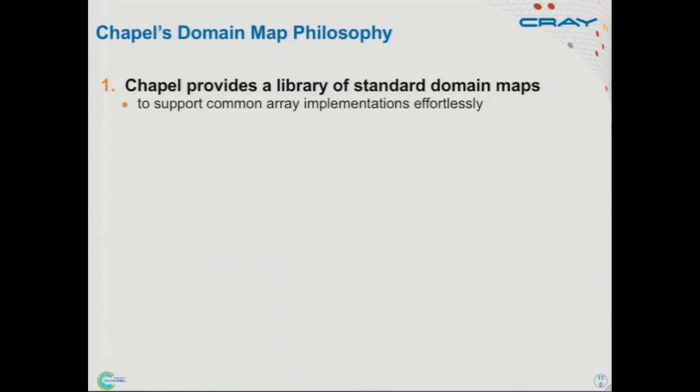So I was going to talk about our philosophy here. When you download Chapel, what you get is a standard library of domain maps, common things that you would expect like block distribution, cyclic distribution, compressed sparse row, sparse layout, things like that. And today that's actually a pretty small library. The intention is that it will grow over time. So the idea here is if you have a common data structure, common distribution, you should just be able to use that out of the box and be happy.